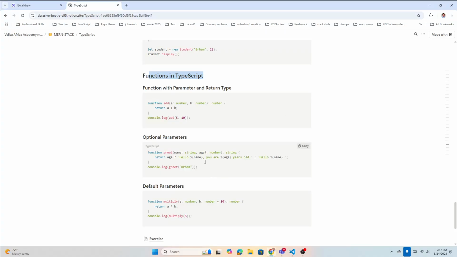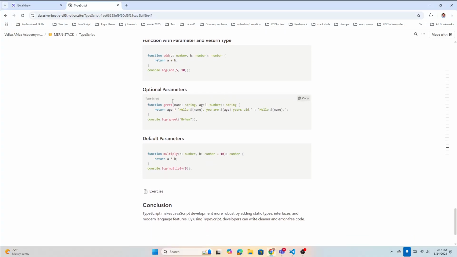So now, what is an optional parameter? Okay, what is an optional parameter, right? See, in the parameter, sometimes you're going to send the data for the parameter, sometimes you don't want to send. So how do you write optional, right? So